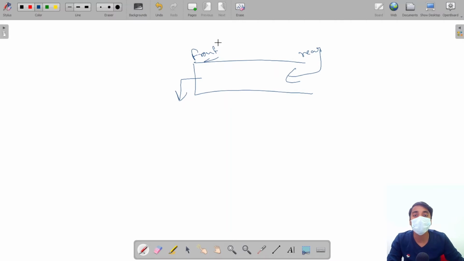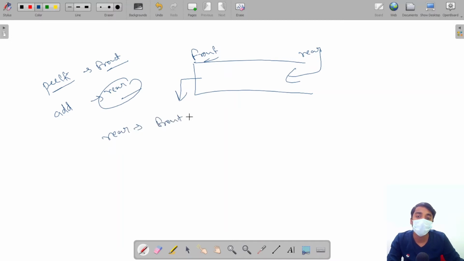So that if we want the peek of the queue, it should give the peek from the front. If we want to add anything, it should add from the rear of the queue. Now we can get this rear by front plus size. Here size is the total number of elements present in our queue.